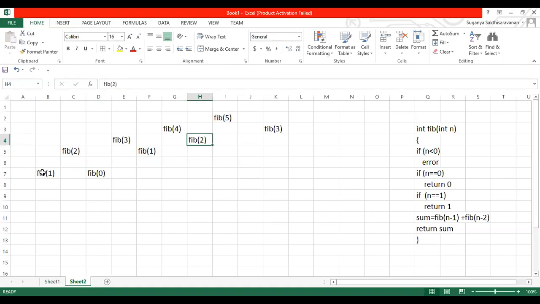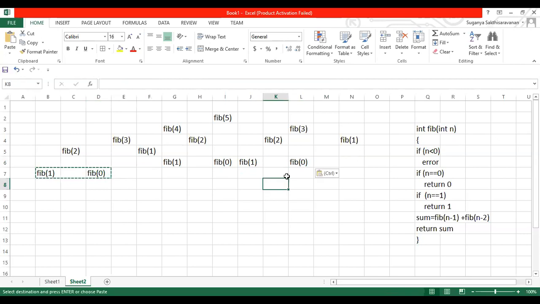The same tree is going to happen for this also. So when this is called, the same thing is going to happen, 0 and 1. So when this tree structure is called, again, this is going to calculate it. Again, for 2, this is going to be calculated. Okay, this could be a tree structure, guys. Whenever you're calling a recursion function, this could be a tree structure.